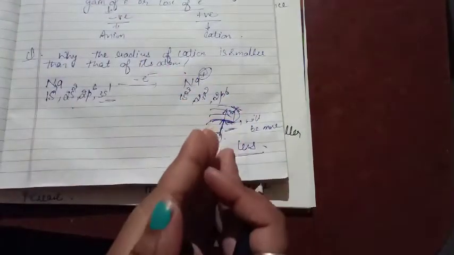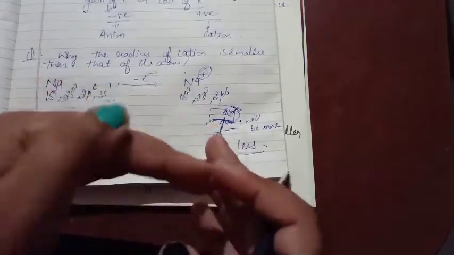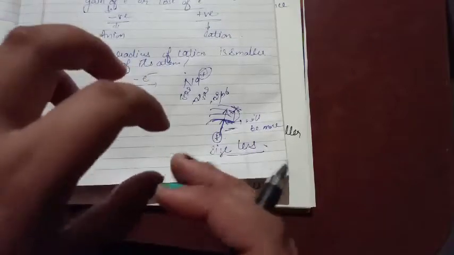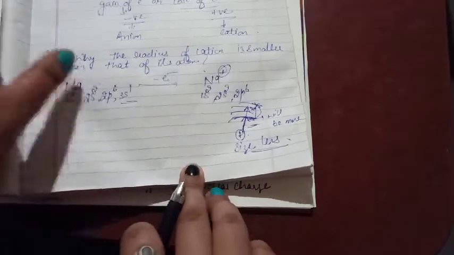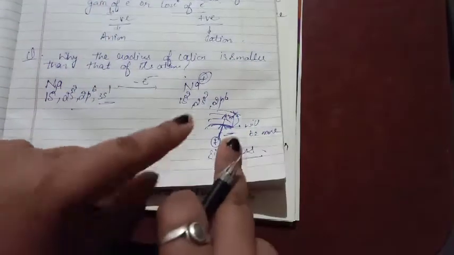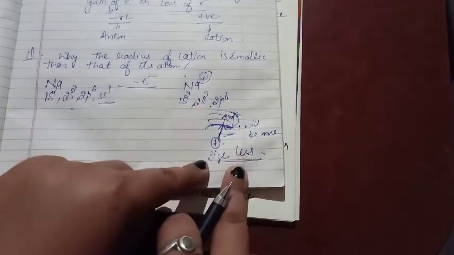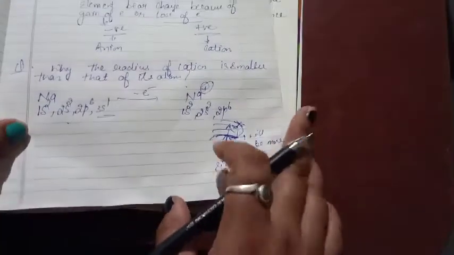Attraction is strong, hold is strong, shell is lost. But the nuclear charge is the same, because proton and neutron are the same. Electron is lost from the valence shell. Proton and neutron, they are lying in the nucleus, they are not disturbed. So if an electron is removed, the shell is lost, and that leads to what? Decrease in the nuclear charge. Okay, increase in the nuclear charge and decrease in the atomic size. Please correct this one, I have spoken wrong. Decrease in the atomic size and increase in the nuclear charge. Hope it will be clear to you.